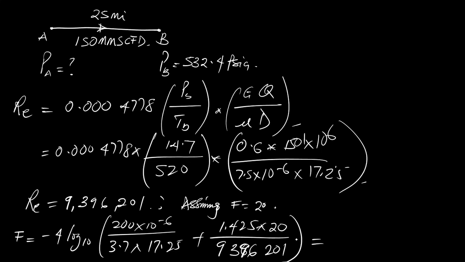So we have minus 4 log base 10 bracket open 200 times 10 raised to power minus 6 divided by 3.7 divided by 17.25 plus 1.425 times 20 divided by 9,396,201 bracket close equal to